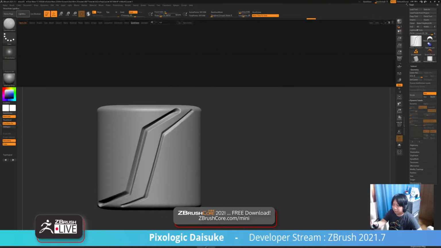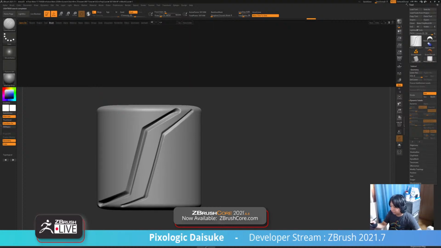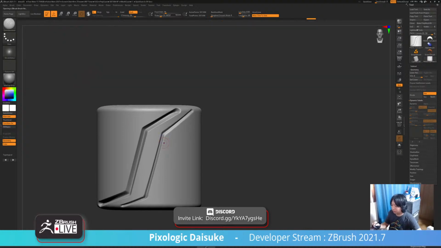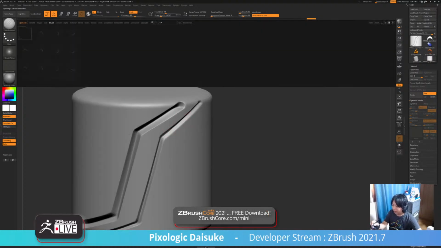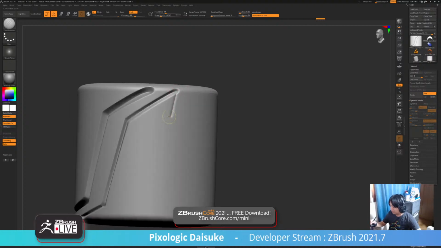Also, there's a preset brush. On the brush, you can go to smooth, and then if you go to the smooth directional, this is the one which has the same setting by default. So you can just add this to your brush setting and then use that as a default. This is very handy when you're making hard surface panel lines, and then if you don't want